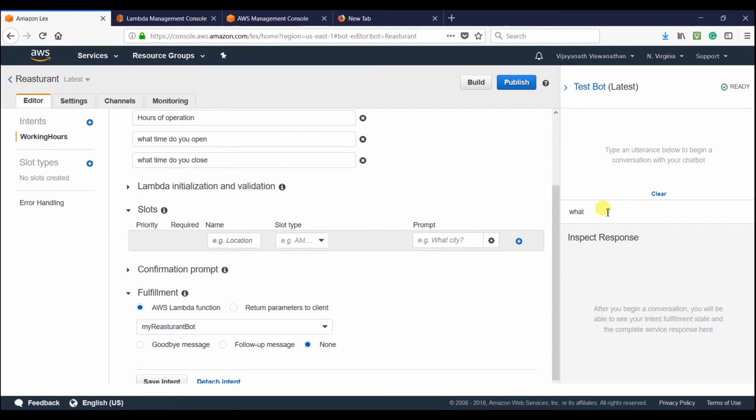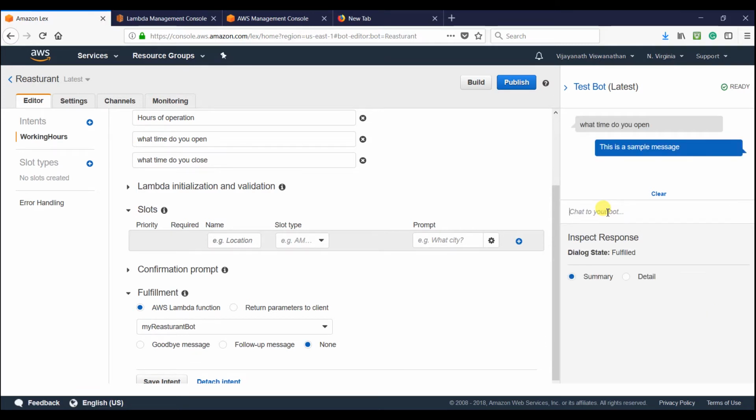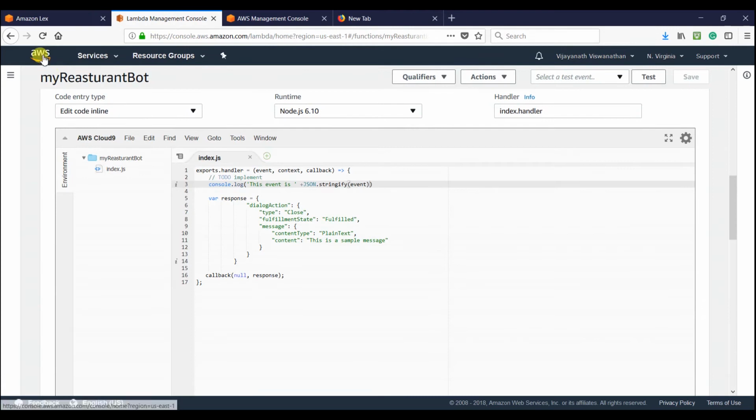Okay, let me try the sample utterance we have created. What time do you open? Okay, there you go, we got the sample message that we have configured in the Lambda function. Okay, now let us go and check the log. Basically we need to know the input format which Lex has sent to the Lambda function. Okay, for that let us go to AWS